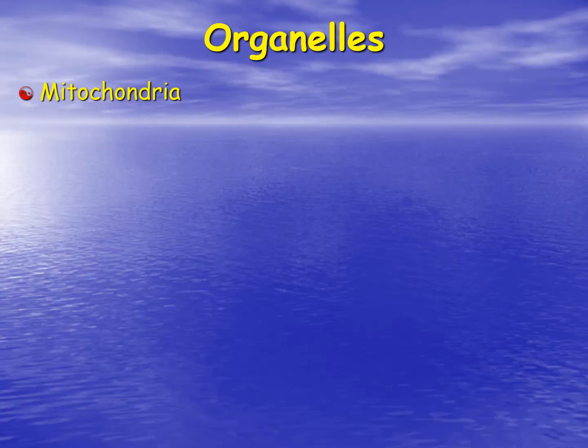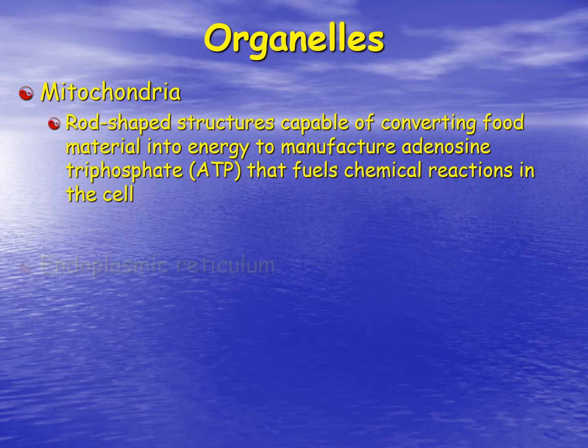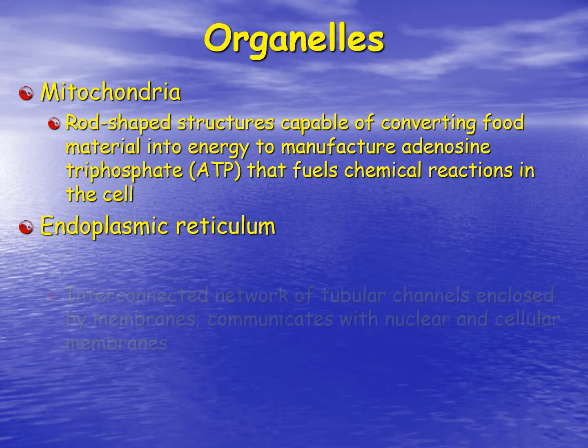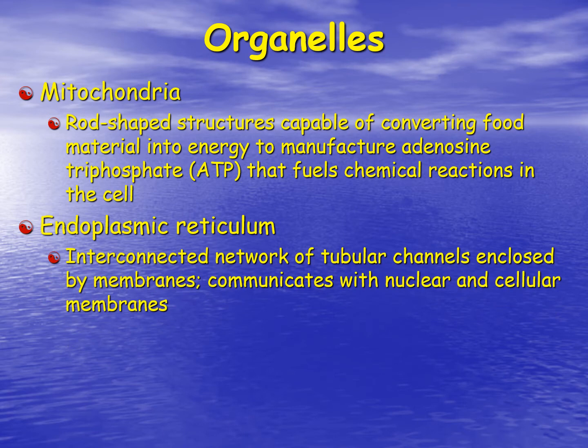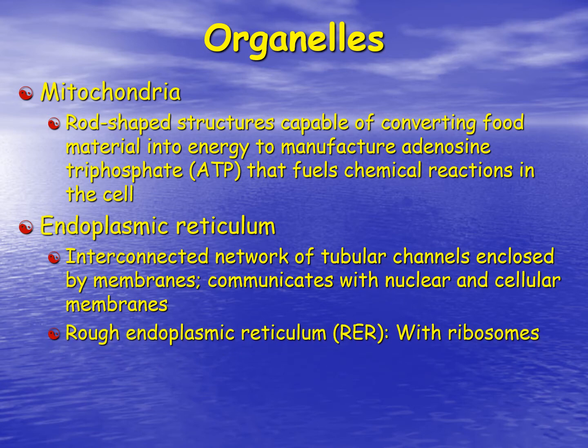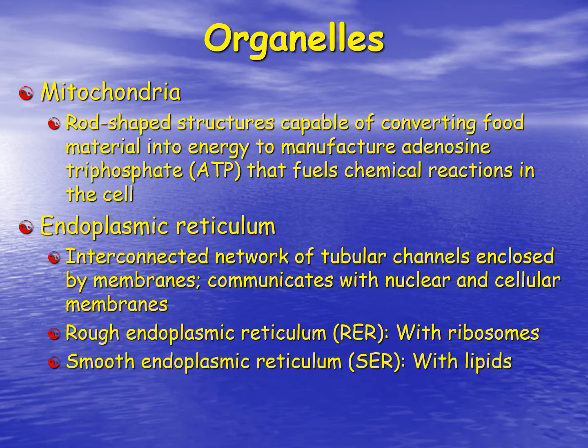Organelles, think about it. What does the mitochondria do? It makes our ATP for us. So endoplasmic reticulum, this is the highway system of the cell. It's an interconnected network of tubular phospholipid channels that communicates with the nucleus and other cellular membranes. And it comes in two forms: the rough endoplasmic reticulum with the associated ribosomes and the smooth that does not